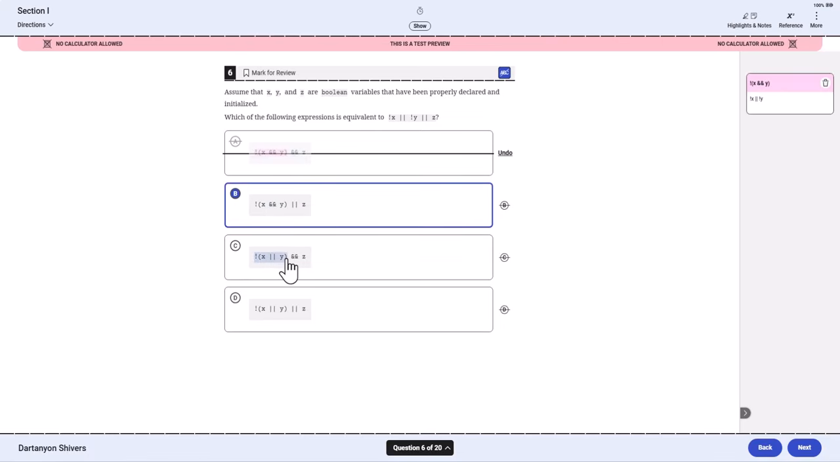Now, if I look at this one here, not (X or Y) is going to be equivalent to not X and not Y. Now that is very different from this. This is an and, this is an or. So for that reason, we can rule this one out